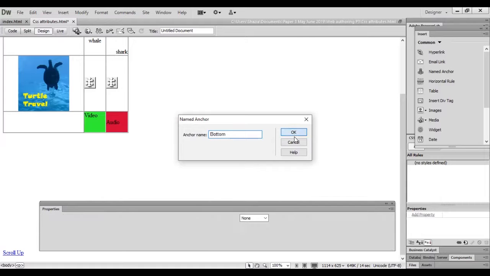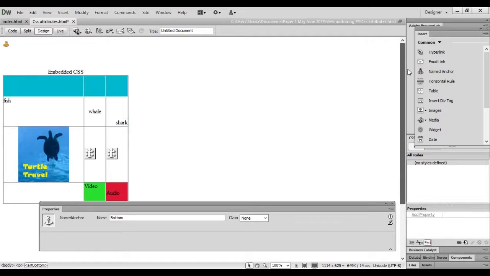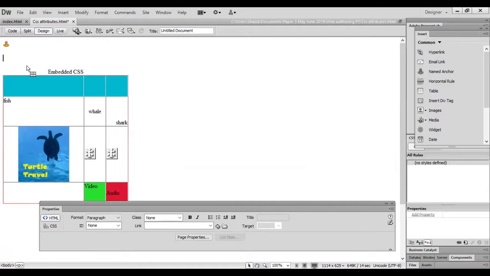So this time I want to move from bottom to top. So here is scroll up, scroll down. My point is, if I click on this, the page will take me, I can move within a page from bottom to top and top to bottom.